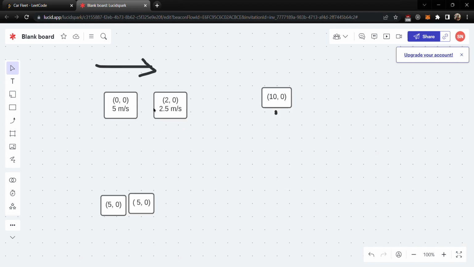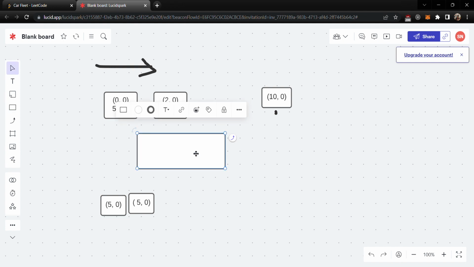So we have to keep track of arriving times of the car which is in front. So we will do it using stack. So let's say this is a stack. So if these two cars are forming the fleet,